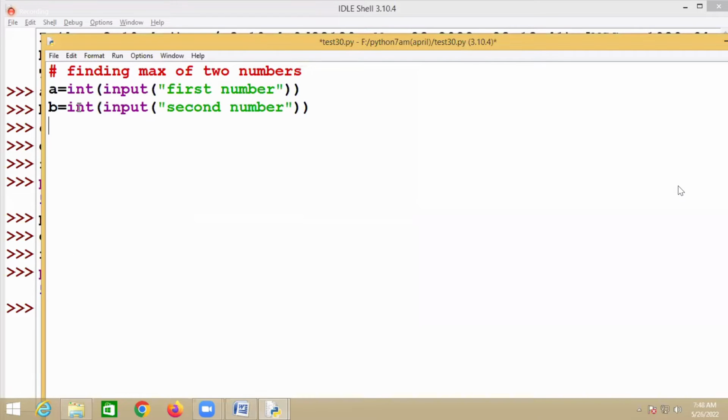Here what I want is for the max of two numbers to be stored in one variable. I don't want to print the result, though generally you print here. I don't want to print it, I want to store it in one variable. So what I can do is